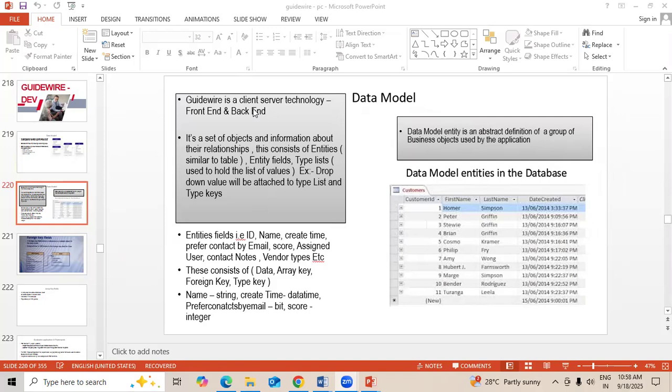It also provides consistency and standardization for data